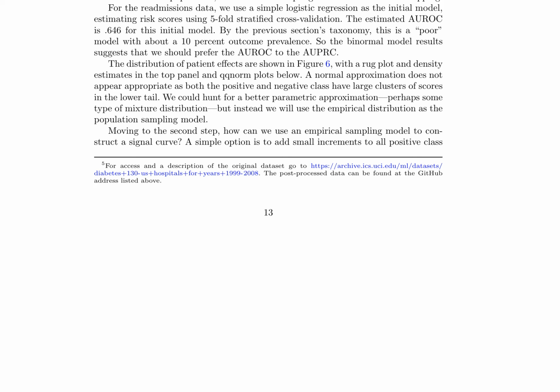The use of an empirical sampling model provides a more realistic and data-driven approach to assessing the performance of machine learning models in the context of imbalanced class problems. The results from this section demonstrate the importance of considering the underlying data distribution when selecting a sampling model and evaluating the performance of machine learning models. The empirically driven approach proposed in this section provides a more nuanced understanding of the resolving power of different evaluation metrics and can inform the development of more effective machine learning models for real-world applications.